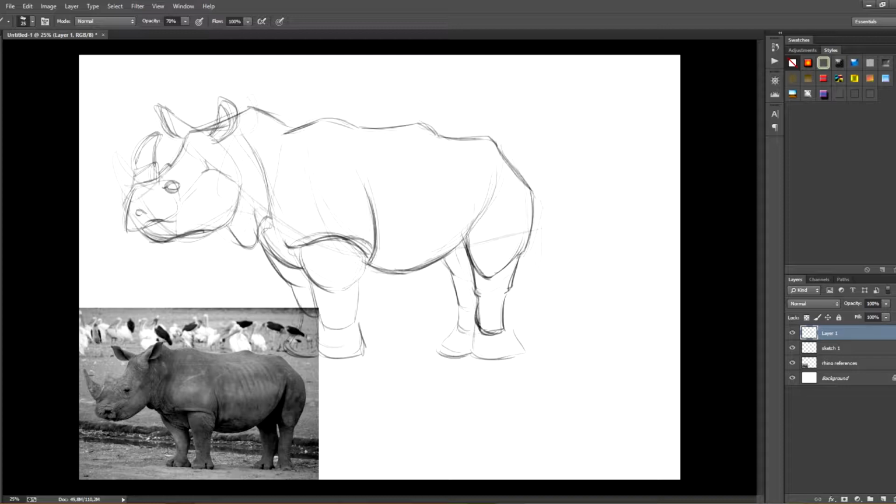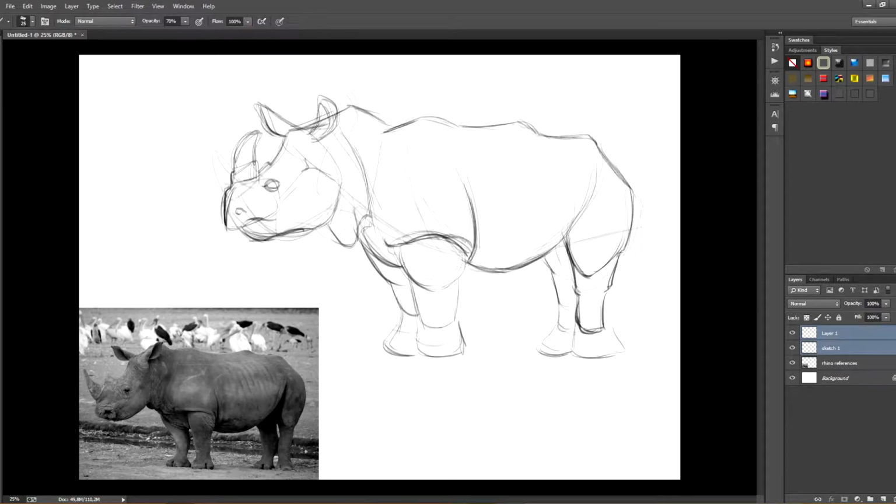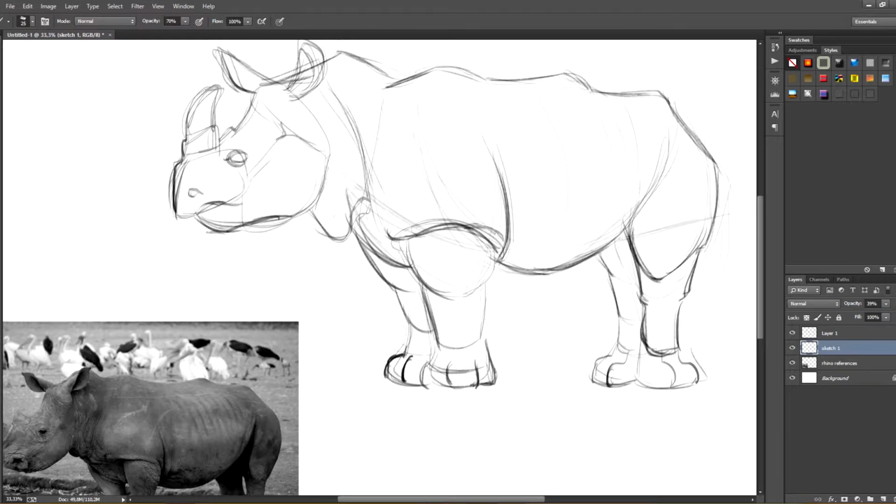And just like any other drawing process, I've created a new layer to continue sketching the rhino. On each new layer, we'll add more level of detail and precision. I don't think that we need more than 3 layers, but you can experiment with as many as you like, whatever suits your way of working. As you'll see, I'll move the references every now and then so I can always see them, and so they don't bother me when I'm drawing.